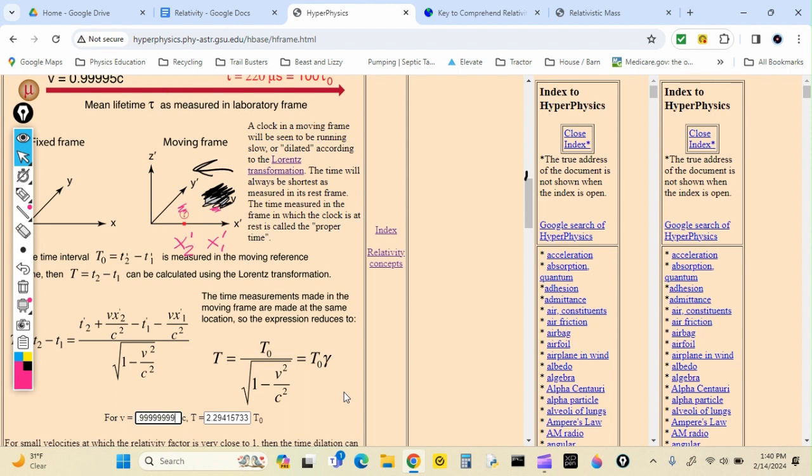So let's just run this thing out to a whole bunch of nines. 1 second takes 7,071 seconds, so it's moving very slowly. But what was the main topic here? The main topic here was about mass.